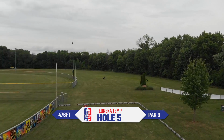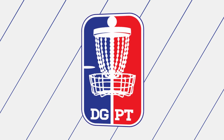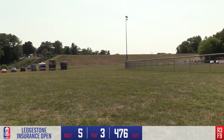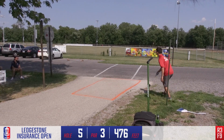And now here is a hole where players are going to decide that I am going for it 100%, or I am just pitching around and taking my par 3, because if you go out of bounds, you head to a drop zone where 4 isn't even that easy, and you're bringing 5 or 6 into play. Yeah, that's right. And we see Cale playing pretty conservatively, just throwing a hyzer out there, but it looks like